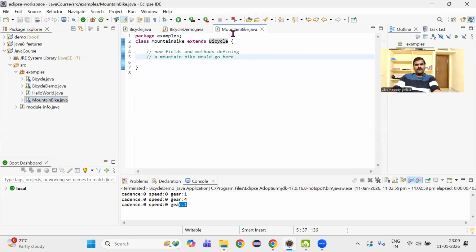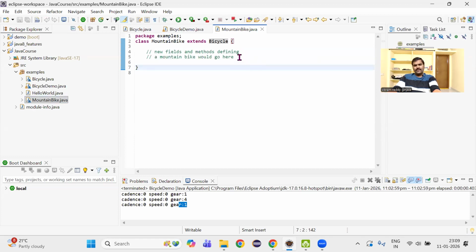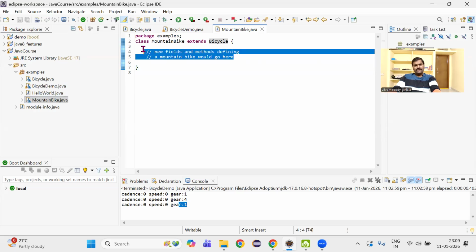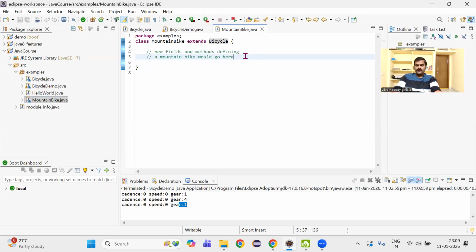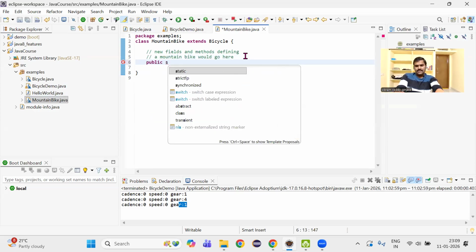Now actually I don't openly write any state or methods of this bicycle, right? But I can access all of the properties of bicycle here. So how do I do that? So first of all, public static,